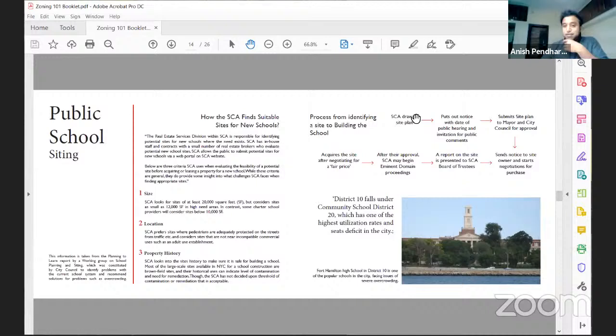So they draw a site plan, then they put out a notice for public hearing, then they submit to the mayor and other agencies, then they send a notice to the site owner, then they negotiate with them. So the whole process, like that. And